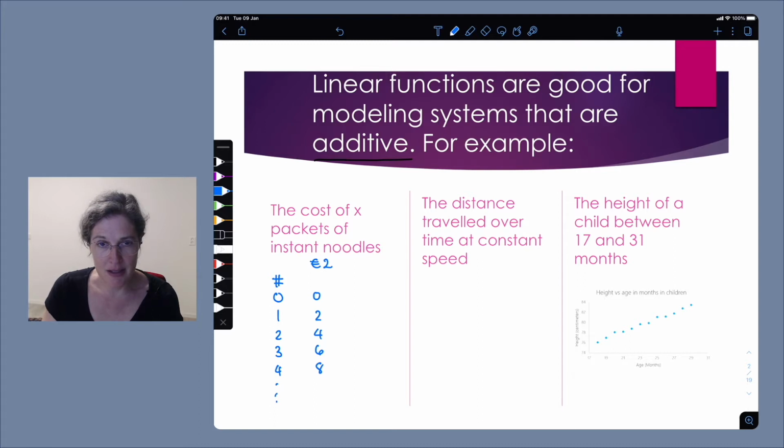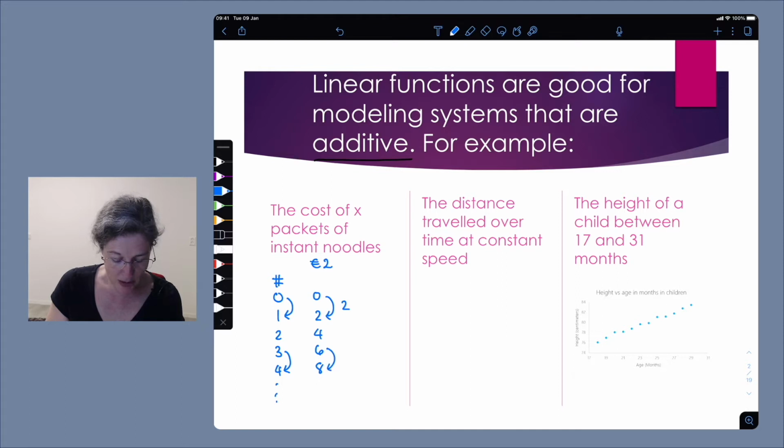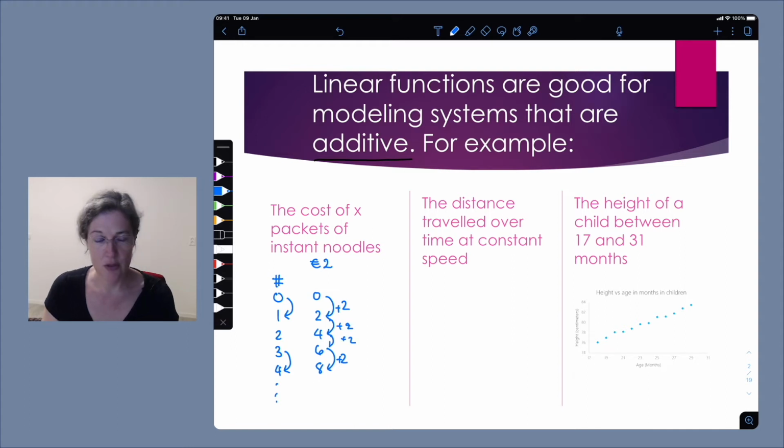And my claim is that this is additive. And what I mean is that every time you increase the number of packets that you buy by 1, you're going to increase your cost by 2. So whether I go from 0 to 1 packet, all that's going to happen is that I increase my cost by 2. If I go from 3 to 4, I'm still only increasing my cost by 2. So each time I'm adding 2 to my cost. So it's an additive model. An increase in, if you like, our independent variable, the number that we buy,